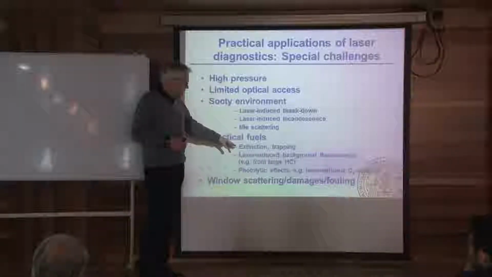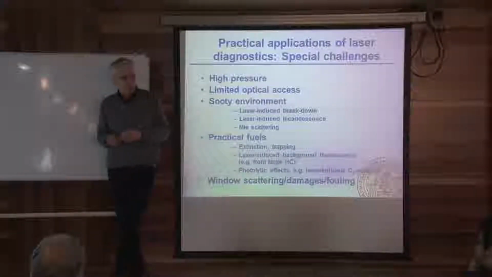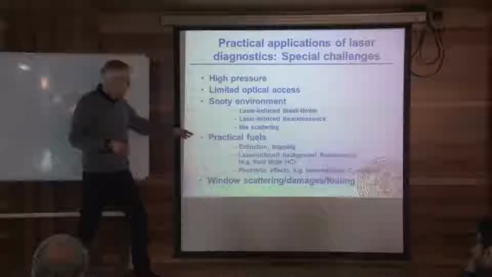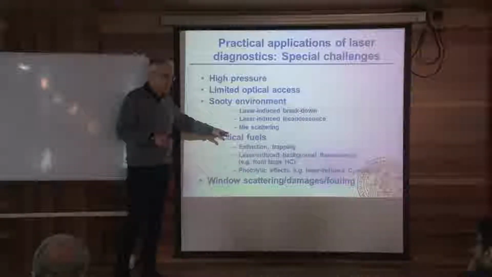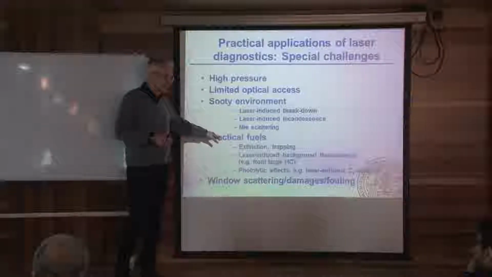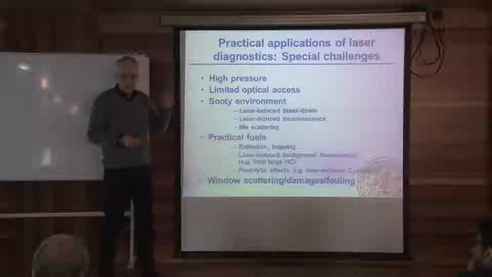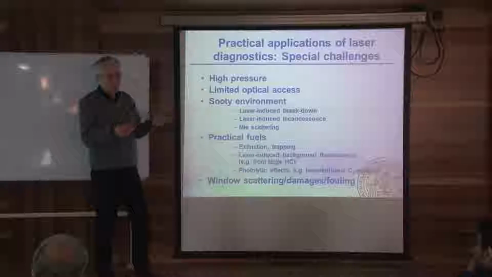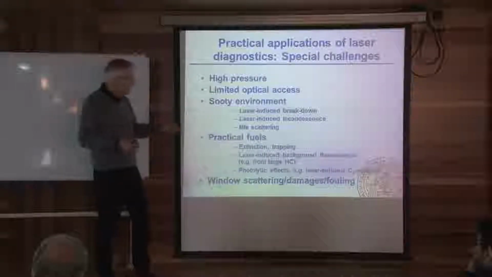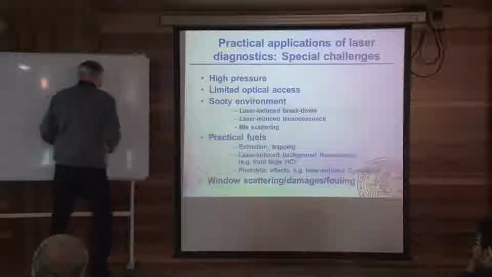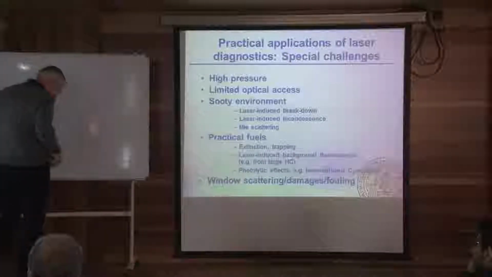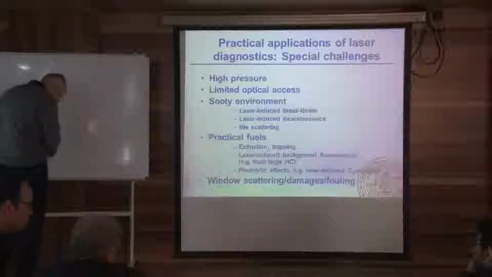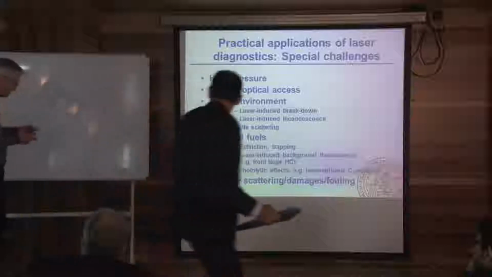For example, if we want to do experiments in the UV, a lot of these fuels absorb heavily. That means that the laser beam might not go through. It will just be absorbed. Or if we go in,